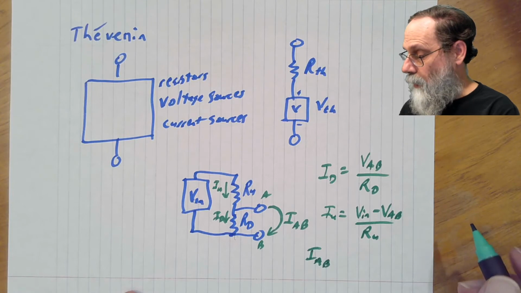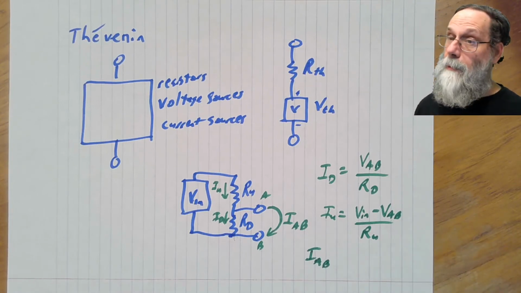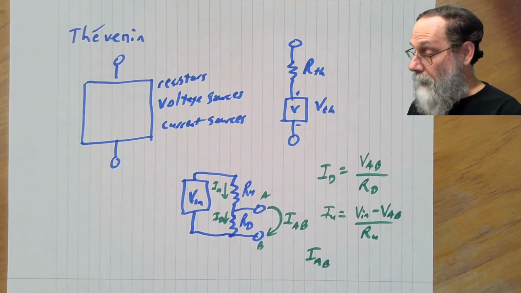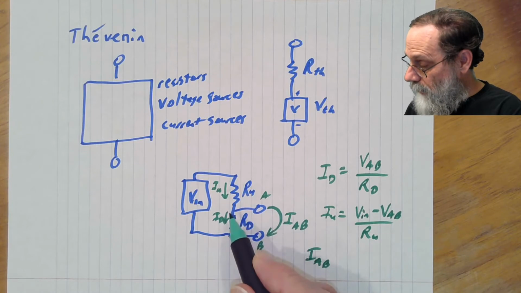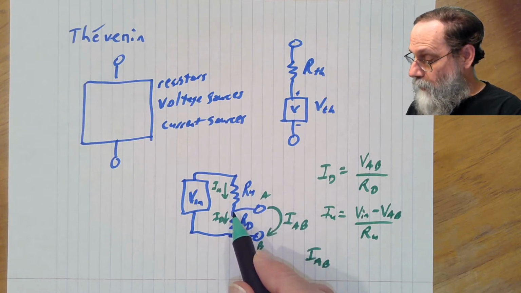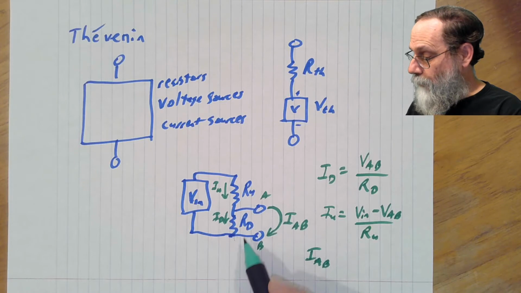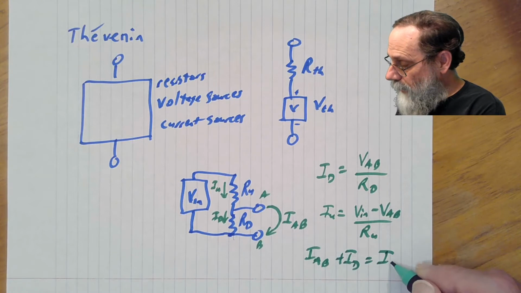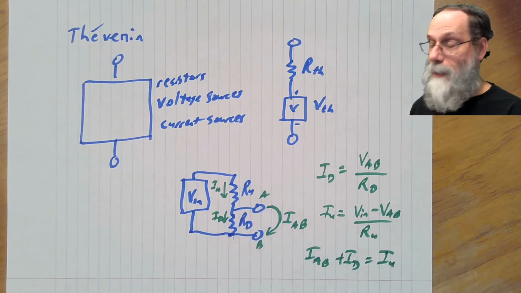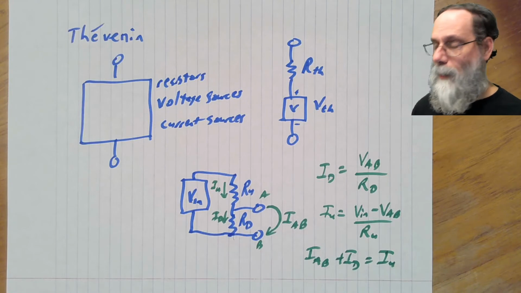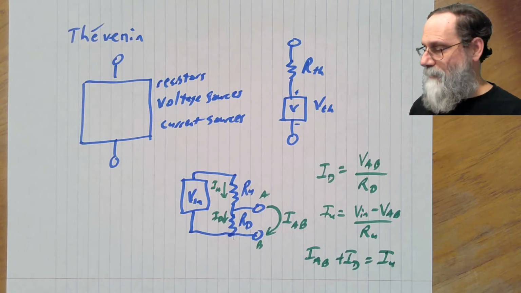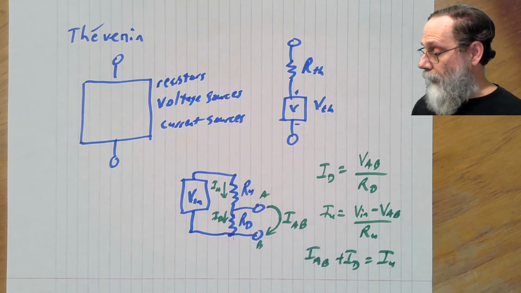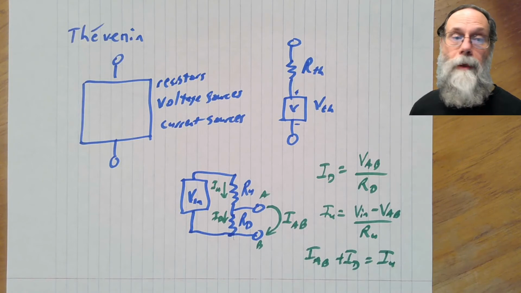And finally we have IAB, which we really don't know much about. It's our external current. We don't know what's going to control it, but we do know one thing, and that is that the current through this resistor is going to be split and flow through these two things. So IAB plus ID has got to equal IU. There's no other place for this current to go. This is Kirchhoff's current law, that you don't have charge accumulating in one spot. Current coming in has got to go back out again. Okay, so we've got three equations here. What can we do with them?